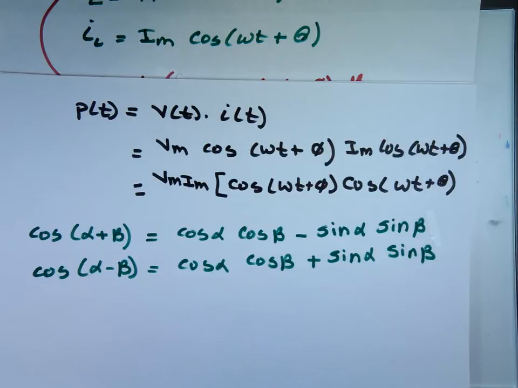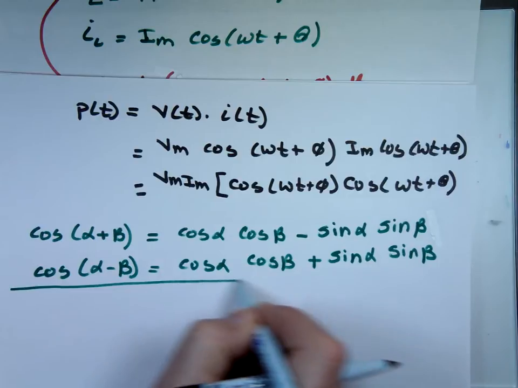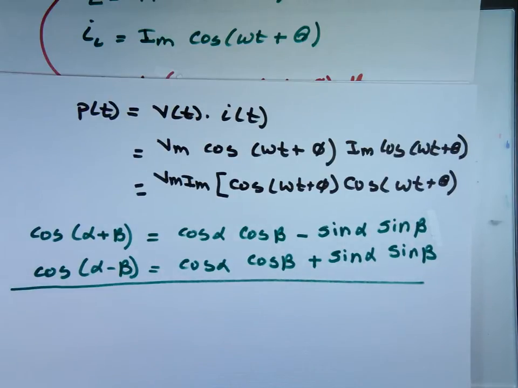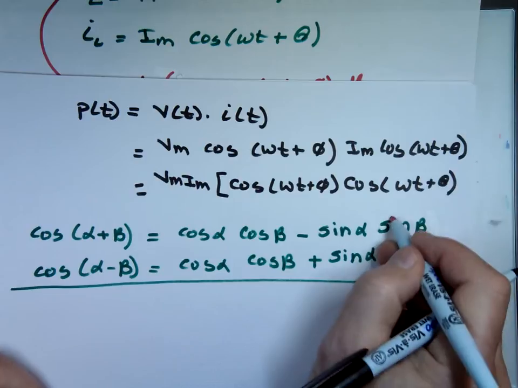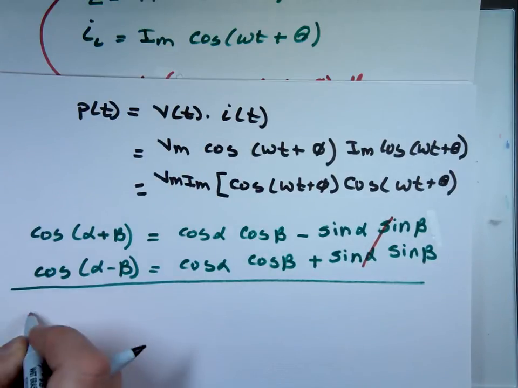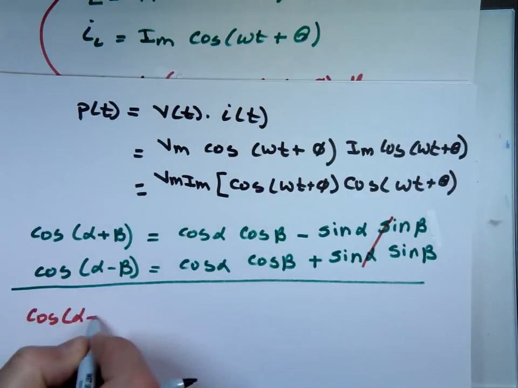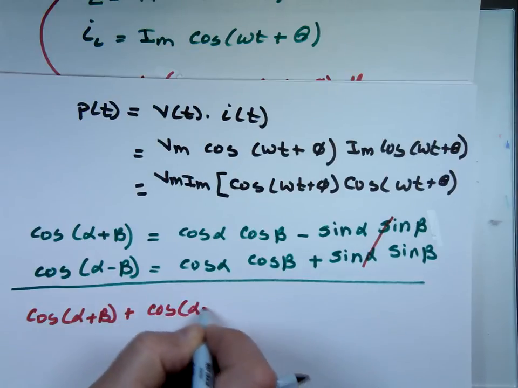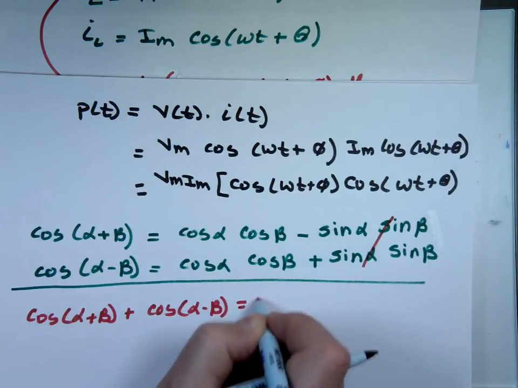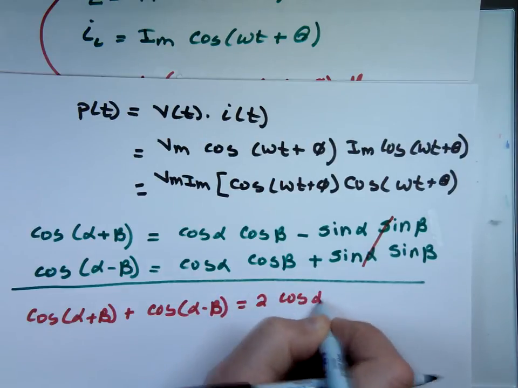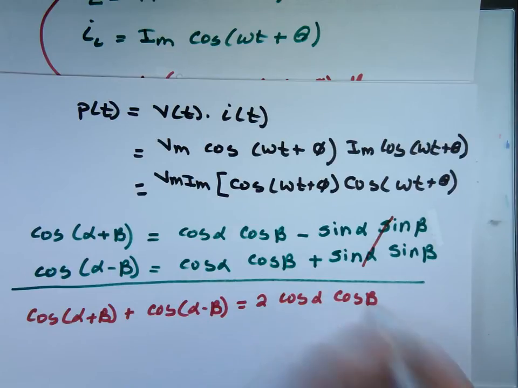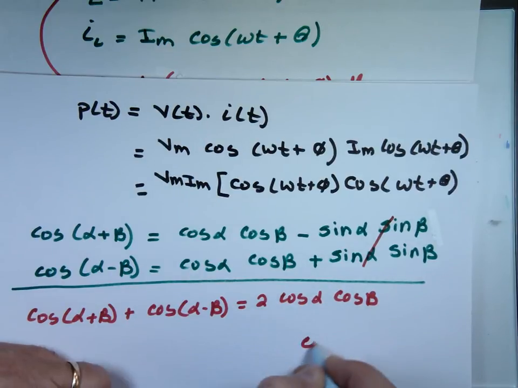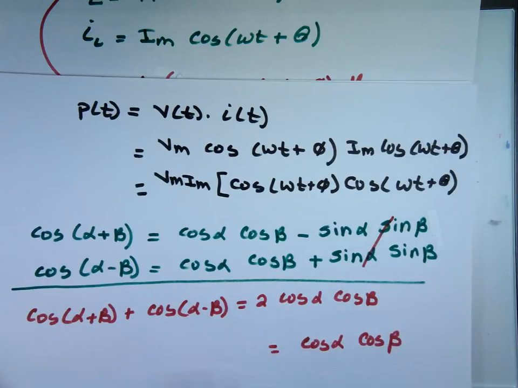These are trig identities. What will happen if you add these two identities? The sine terms will cancel each other out. You'll have cosine(alpha plus beta) plus cosine(alpha minus beta) equals 2 times cosine alpha cosine beta, which means cosine alpha cosine beta is equal to 1/2